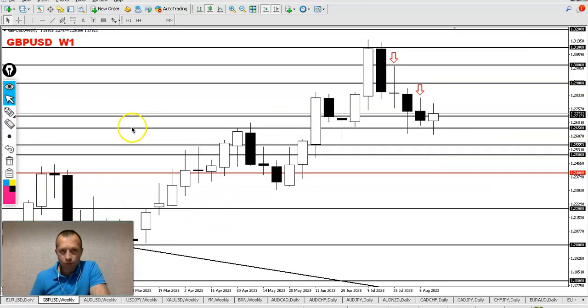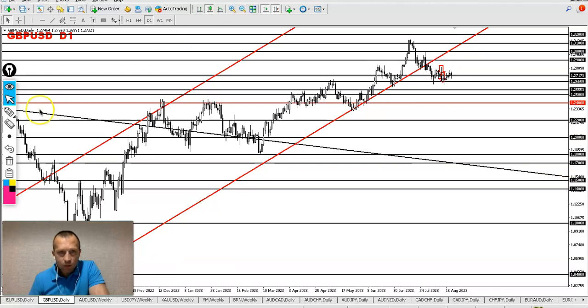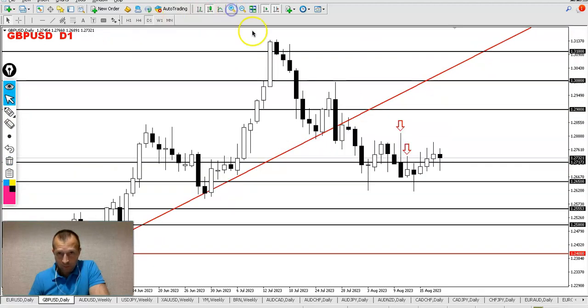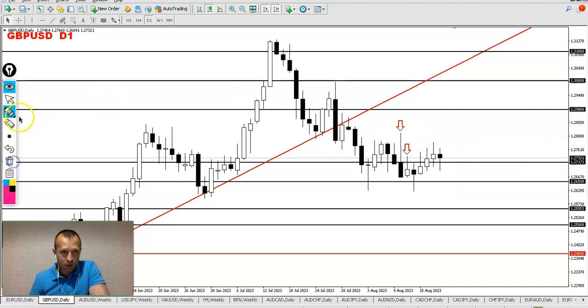So let's switch to GBPUSD. GBP is a little bit better, but overall it's bearish as well. It's weekly time frame. It's still holding above 1.27, but all in all, I don't see a lot of potential for GBPUSD as well, since we broke the ascending channel too, as in EURUSD, it's the same picture. We broke the level, we broke the border of this channel, and now it's consolidation. You can see here it's clear, price is just going back and forth around this 1.27, but I suggest to sell on strength, guys.